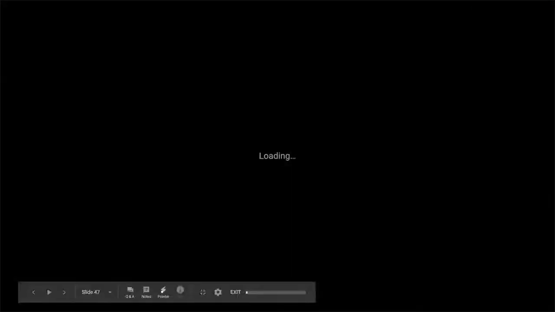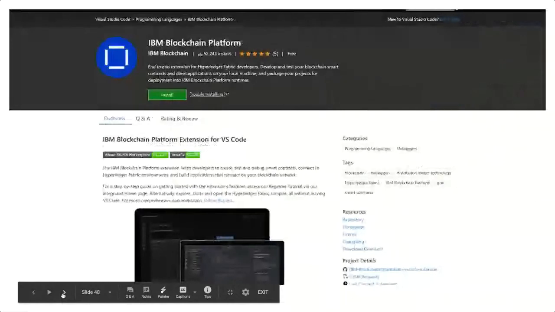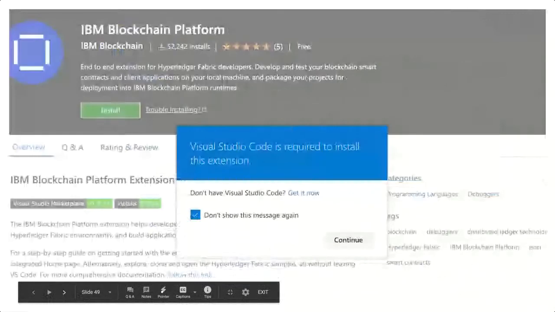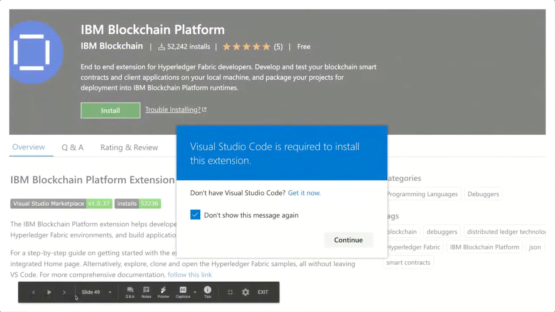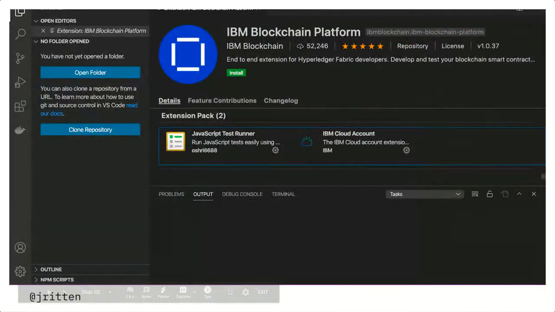So you're going to install the VS Code extension. It looks like that here. You should get a pop-up that lets you know that VS Code is required to install the VS Code extension. And then that should open up your VS Code platform.